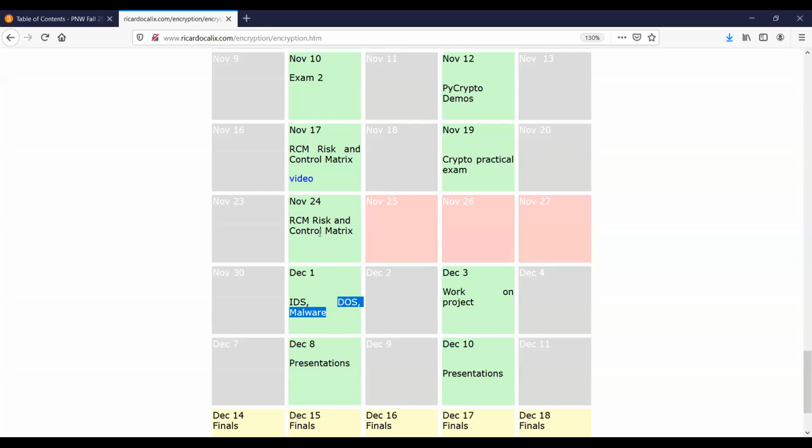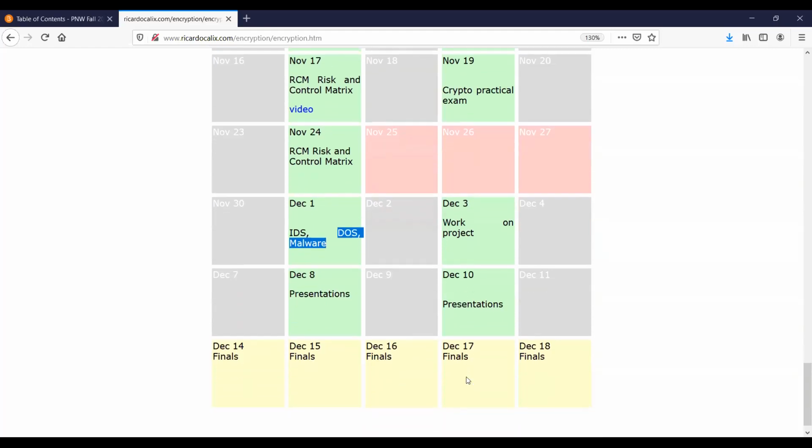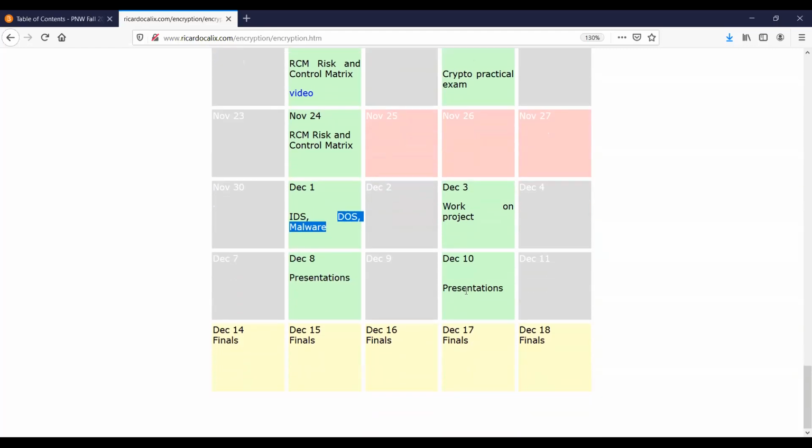As you can see, basically, we just have today and on December 1st, 4 lectures. December 3rd, work on project. Presentations will be on December 8th, okay? So you need to do your presentations. That means you'll do a PowerPoint and a demo in your groups. And for those groups that for some reason have technical problems or anything like that, you can still present on December the 10th. Obviously, that day is the last day of class.